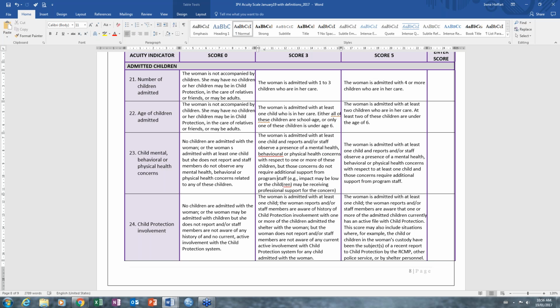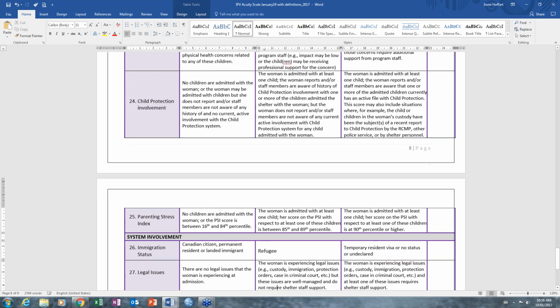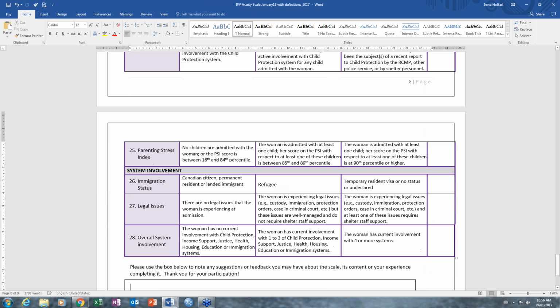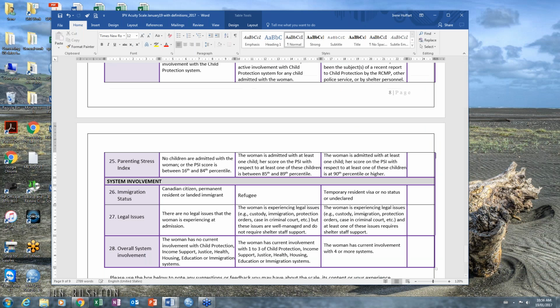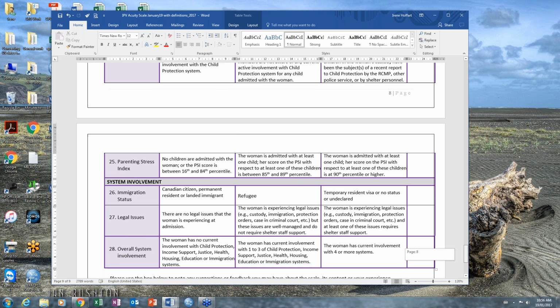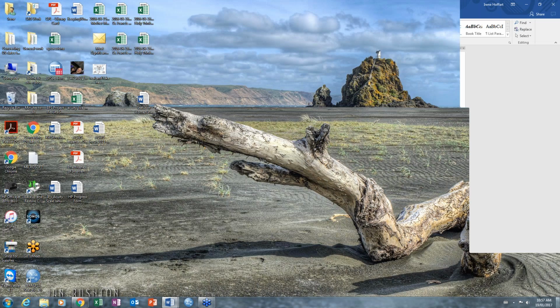So this is the last section. Sorry, I just need to fiddle with it a little bit here too. Okay, so